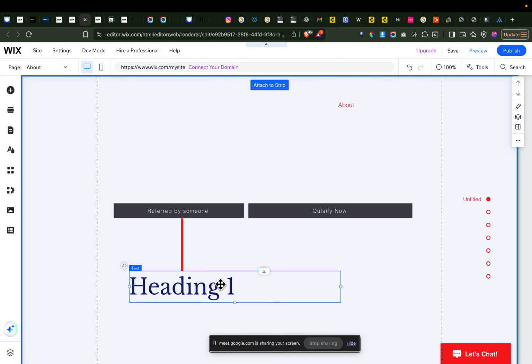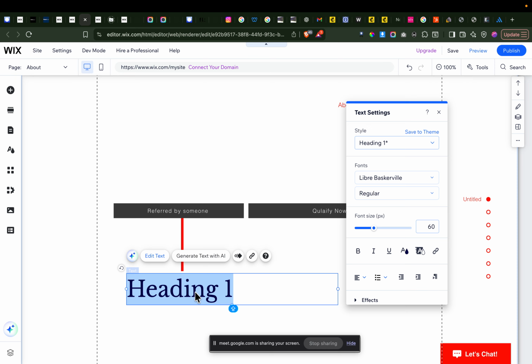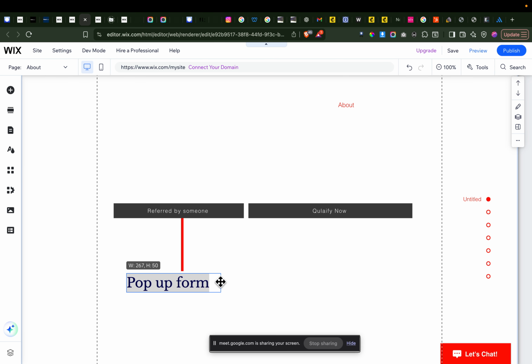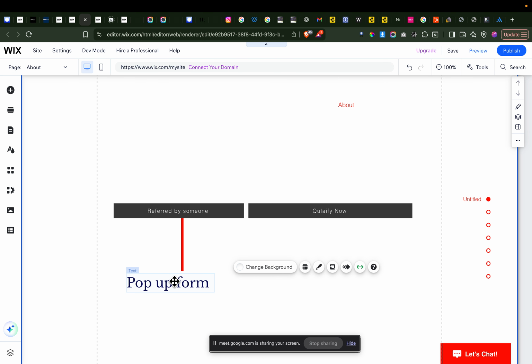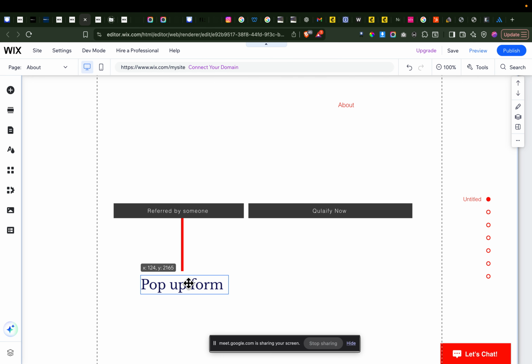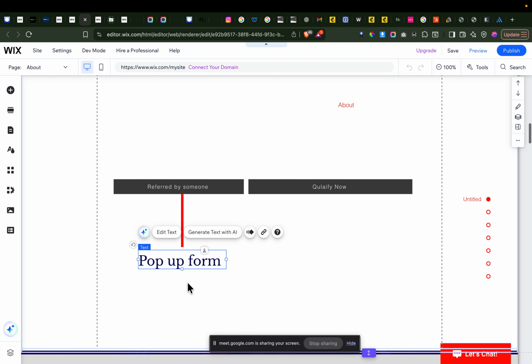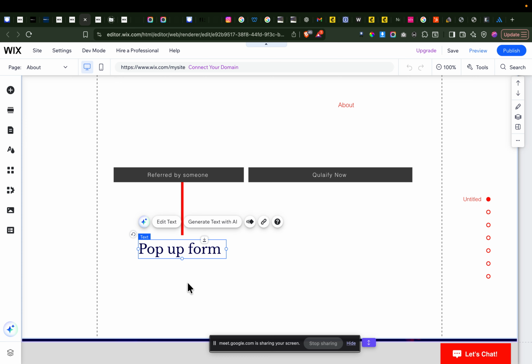Yeah, it can be a pop-up form, or it can just drop down to a form that you already have on the site. Whatever you like, I'll let you decide that. So once they fill in the form, they can actually go to book an appointment, right? Yes.